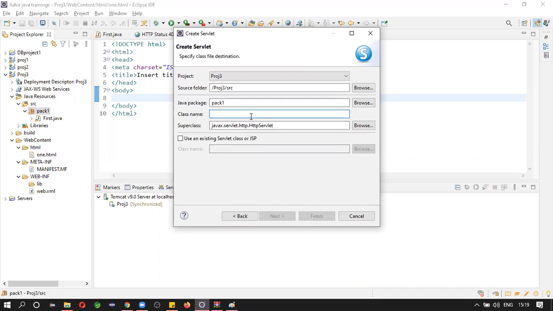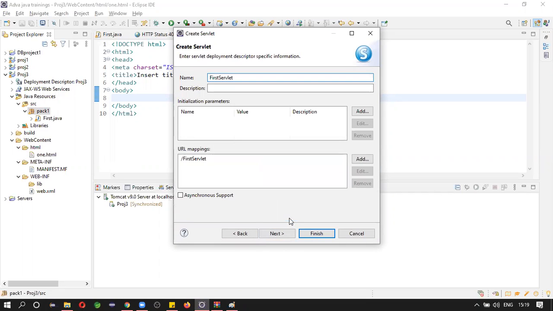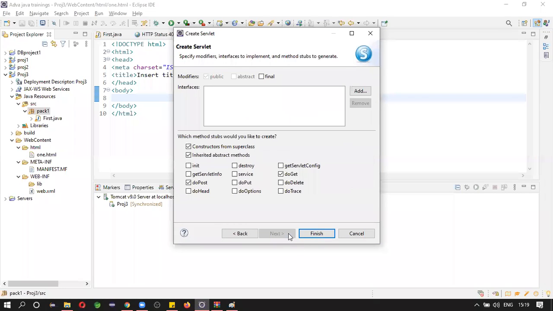Give the servlet name, FirstServlet. Click on next. We will see about this later. Click on next. Now observe something. Methods. Do you see this method?